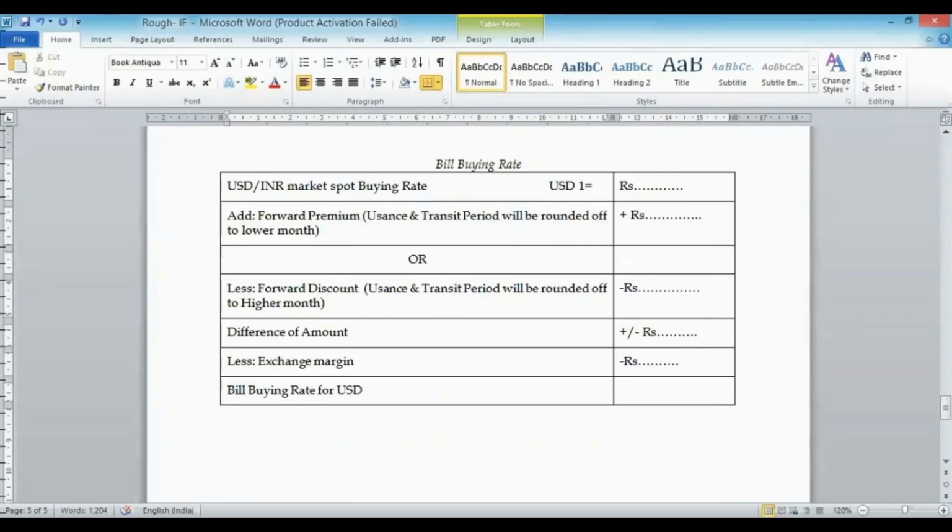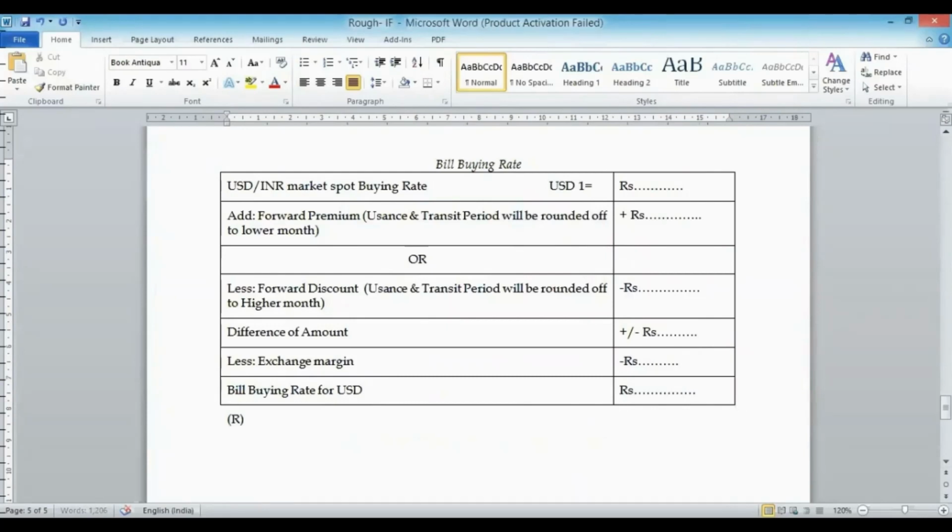Generally, books have not given this thing, but when I'm writing USD, I'm just trying to say that we are having the conversion of USD into Indian rupees. That means there will be cases other than USD also. So better if you write bill buying rate for USD, and it will be in rupees. This will be your answer, and at last you can say